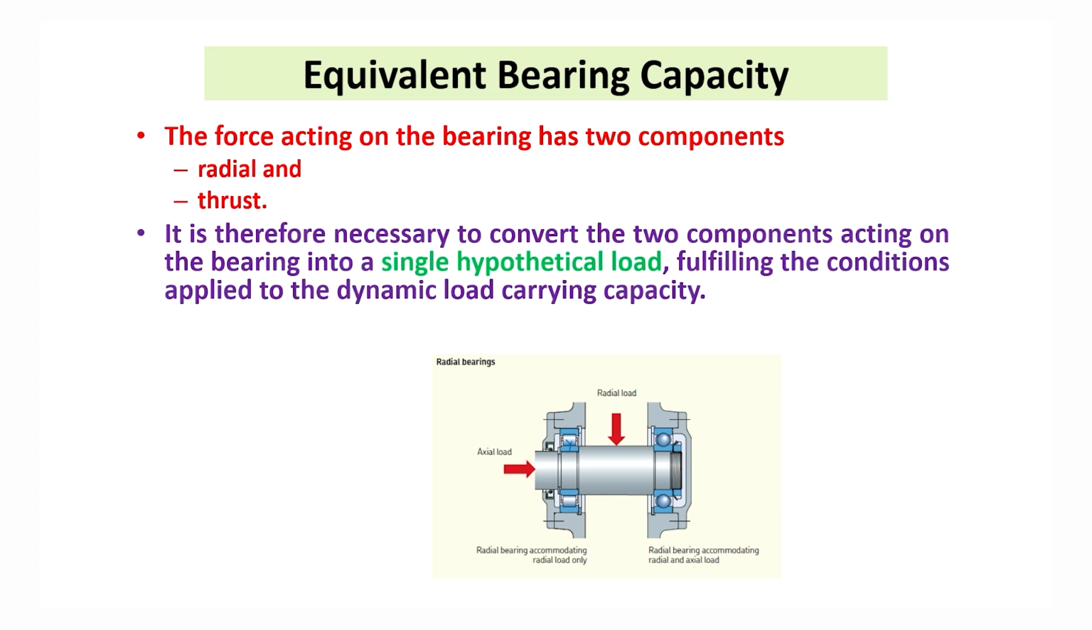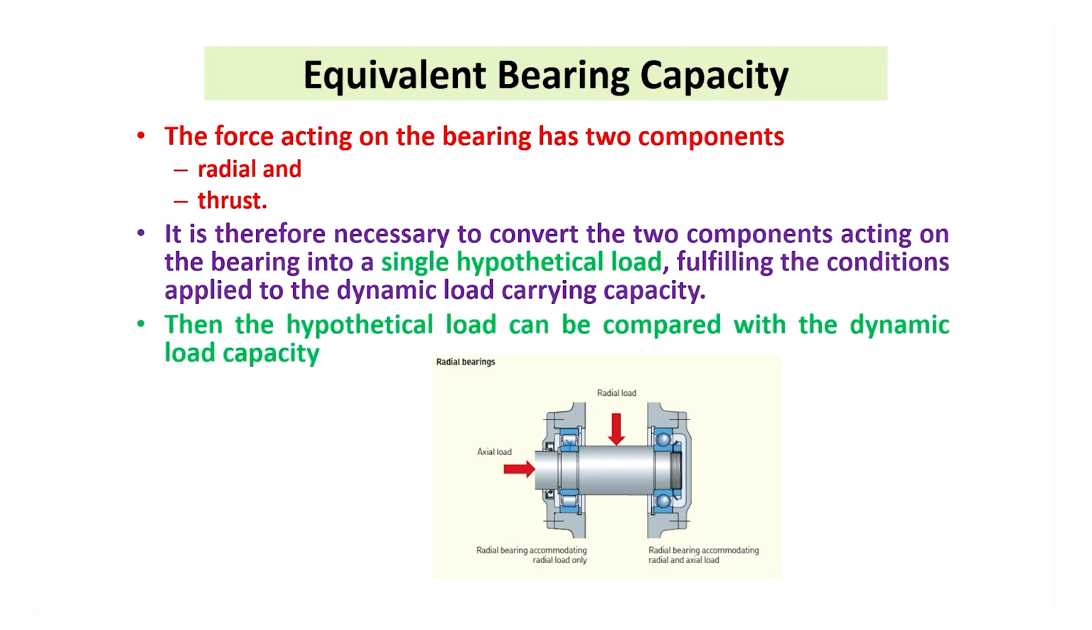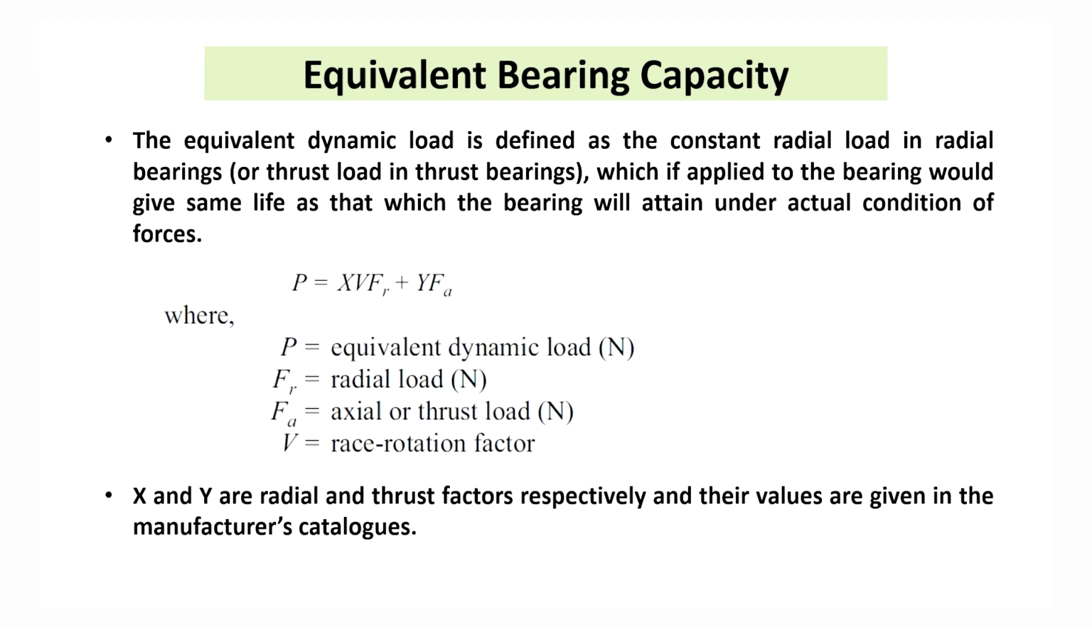It is therefore necessary to convert the two components acting on the bearing into a single hypothetical load fulfilling the conditions applied to the dynamic load carrying capacity. Then the hypothetical load can be compared with the dynamic load capacity of the selected bearing, and that is calculated with the equivalent load P, or it is sometimes also called Fe, is given by